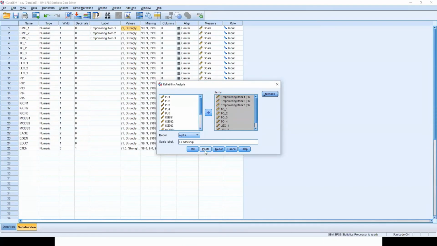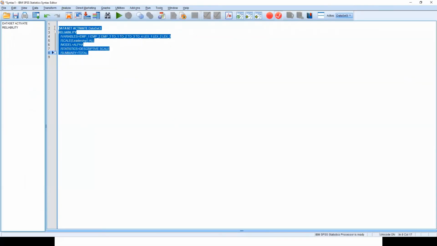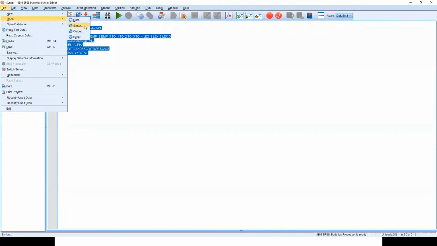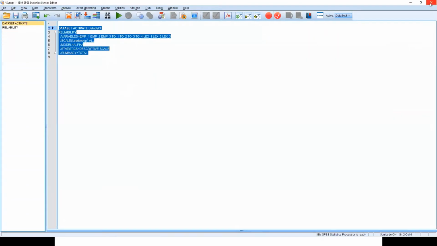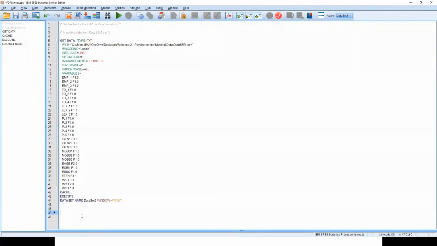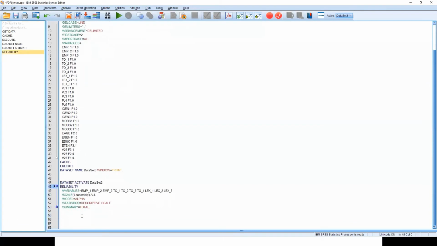Or if you first click Paste, it will paste the syntax, and if the syntax file is open, I can just cut this, close this, and paste it here in the syntax file, and I will say that this is my reliability for leadership items.